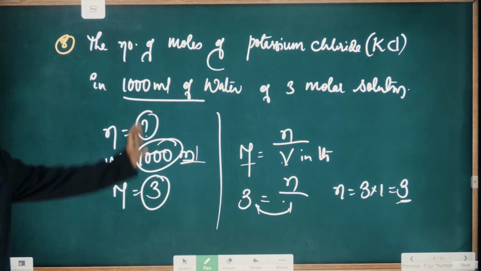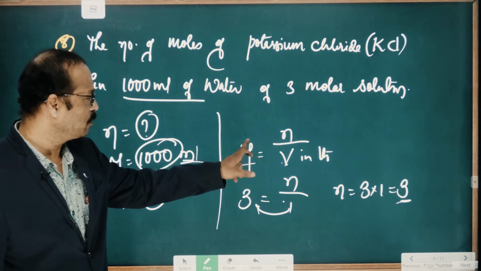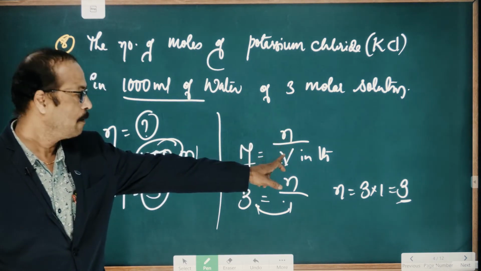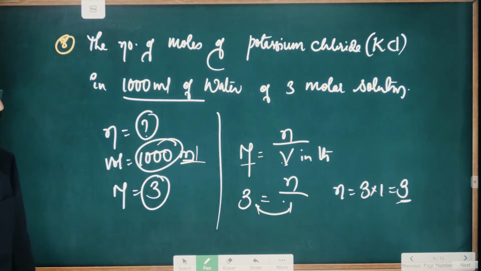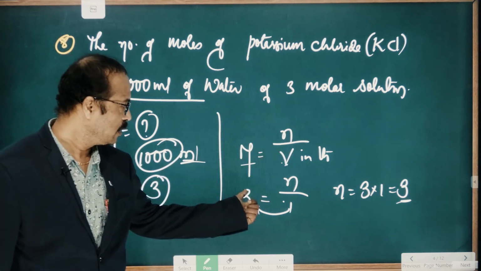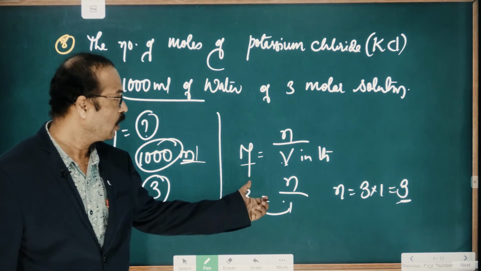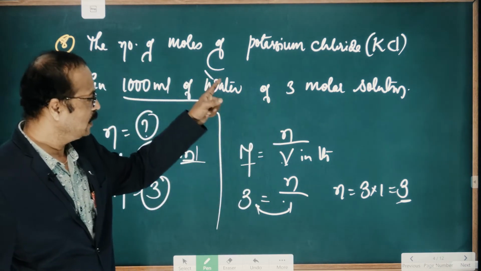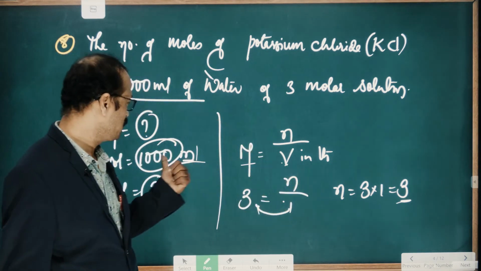Understood this one? So very simple, here you need nothing but the molarity formula. Molarity is equal to the number of moles of solute by the volume of the solution, right? So here molarity is given as 3, it is given as 3 molar. The number of moles we need to calculate,